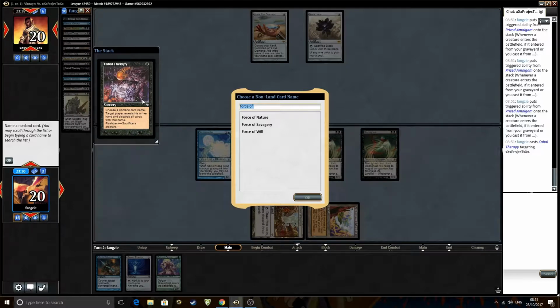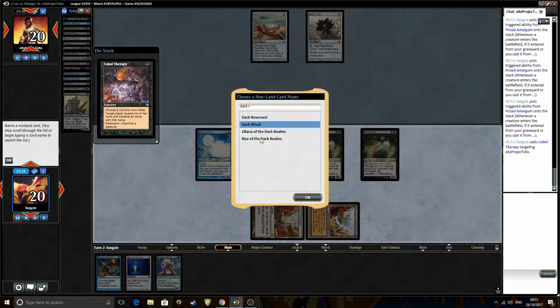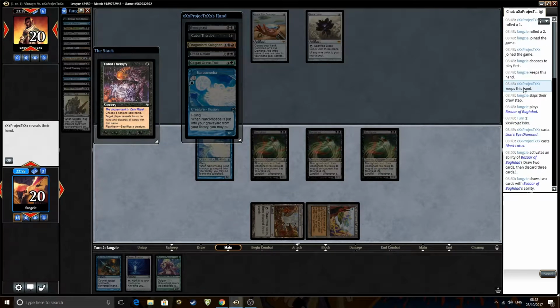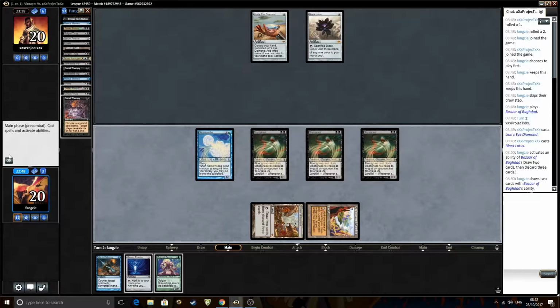So we'll just take the safe name to begin with. It might be correct to name Dark Ritual here. Okay, great. So we're naming Dark Ritual. And we see our opponent is actually on Dredge. A not very explosive hand though, so I don't know why they would have kept that hand. And we're not sure whether or not they've scryed to the top or the bottom here. Or it looks like they just kept a natural 7, so...